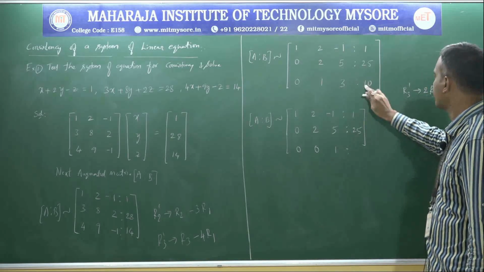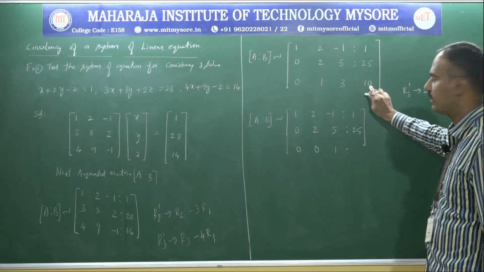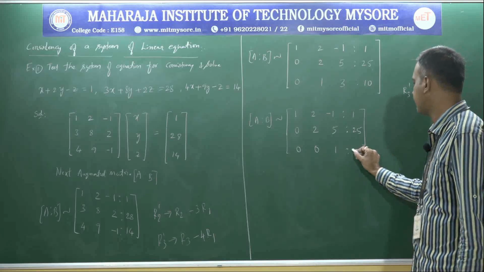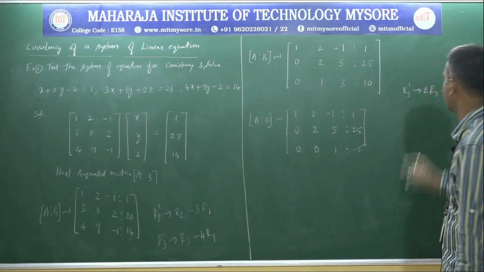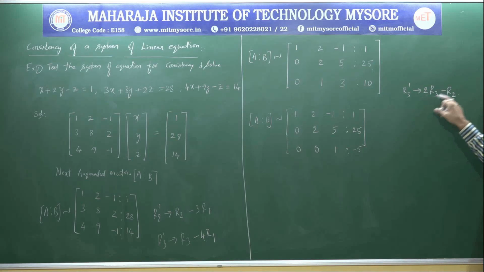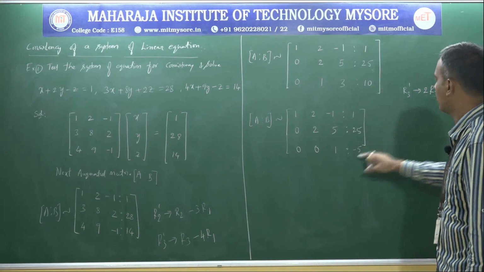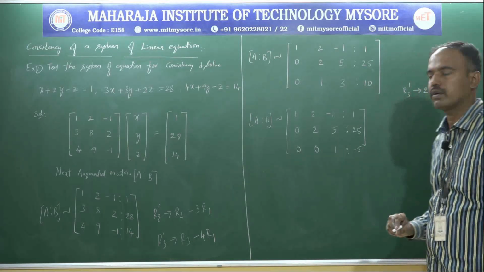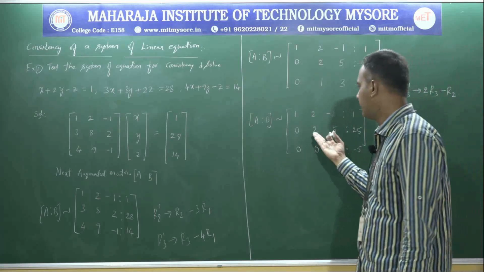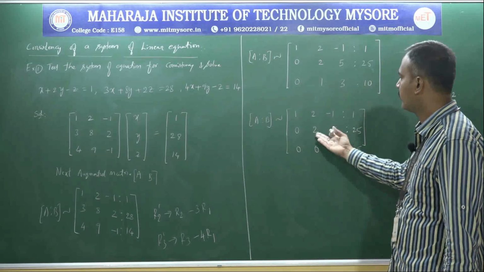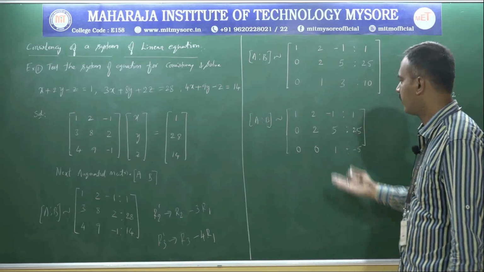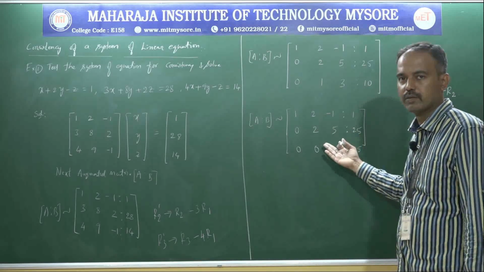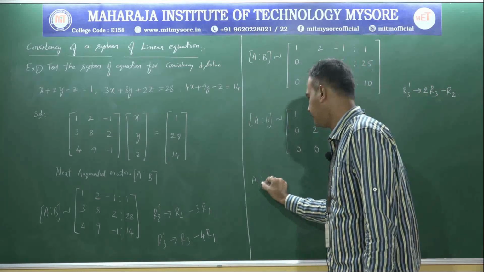Now the next one is 2 into the R3, 10 available is 20, 20 minus 25 here is minus 5. Now what about the next observation? Next, try to represent in terms of the unit diagonal form. Here the first one is 1, next one 2 available, try to reduce it to the particular one form. Now apply the transformation.